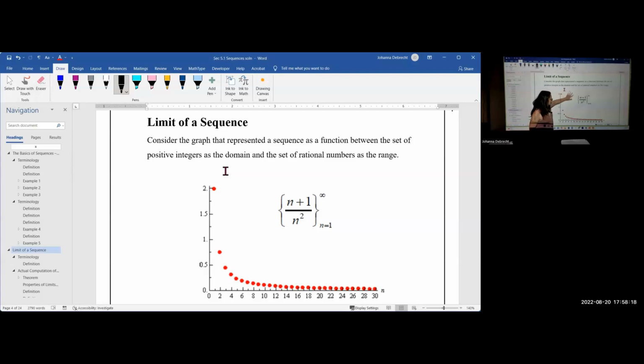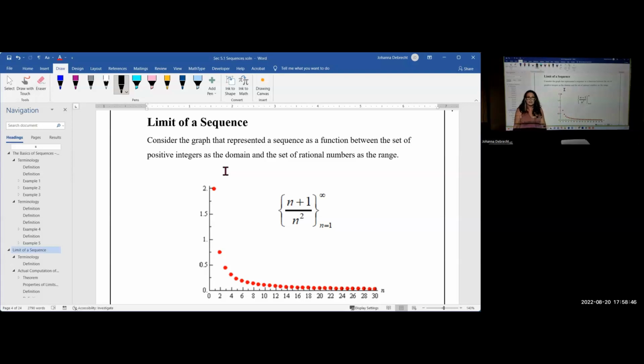So when we're looking at this, this is the plot of the sequence n plus 1 divided by n squared, starting with n equal 1 and going to infinity. And you can see that it is a decreasing function. It is a function, passes the vertical line test. No, it's not continuous. No, you can't take the derivative anywhere. But basically, we've got this sequence of dots here,